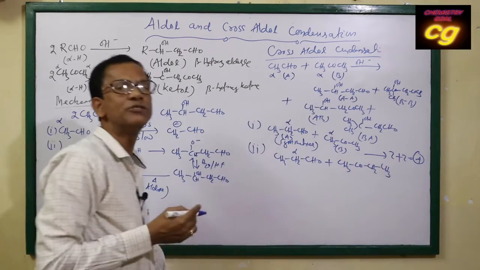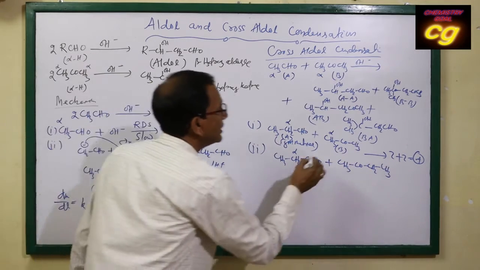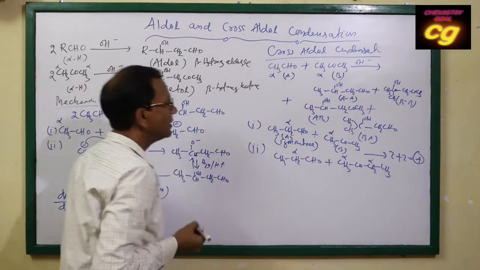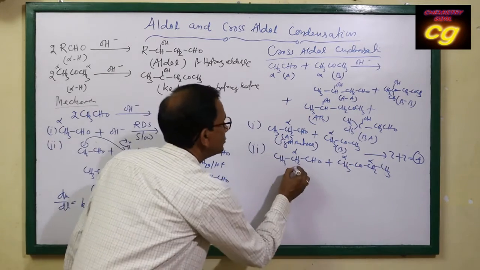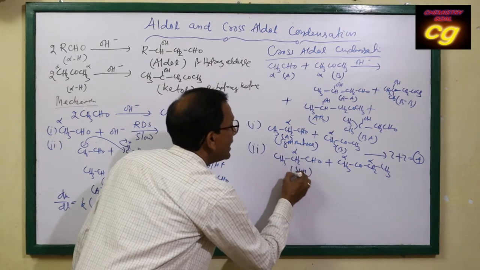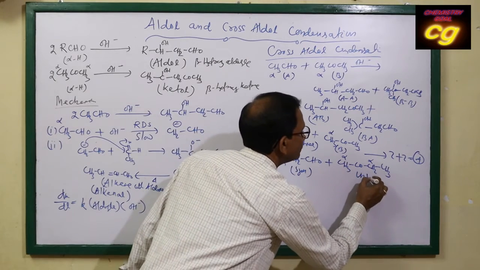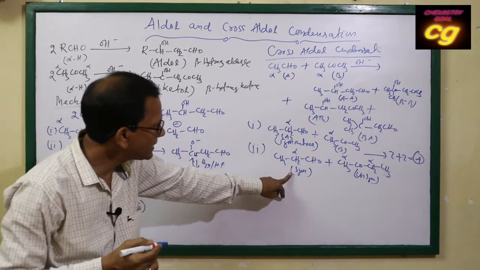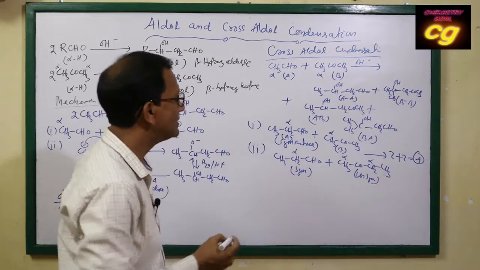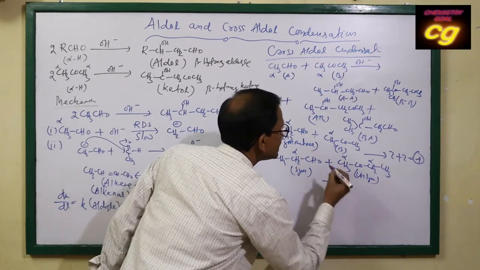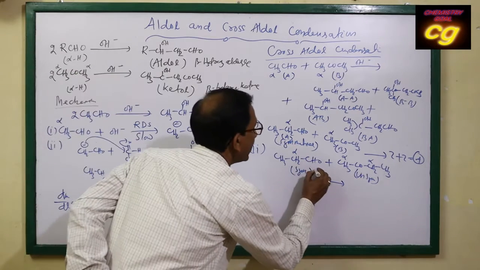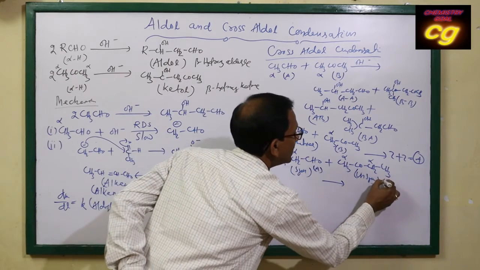If you see, this is unsymmetrical, because it is also one type of alpha. Here it is one alpha. This is your symmetrical and this is unsymmetrical. If both are unsymmetrical, or if one is symmetrical and another is unsymmetrical. Symmetrical in this case, how many products will form? Symmetrical. Suppose this is your A and this is your B.